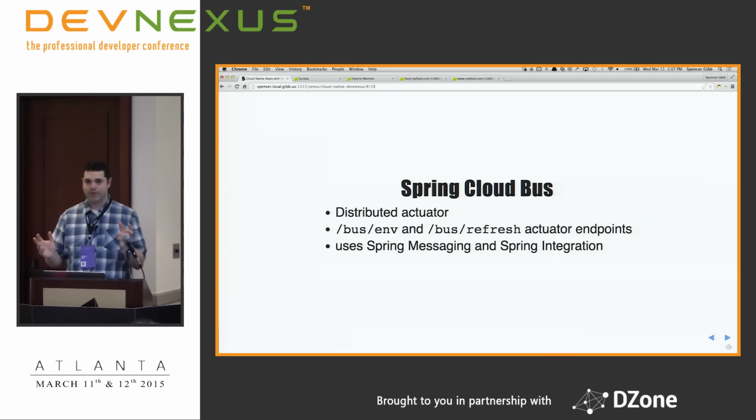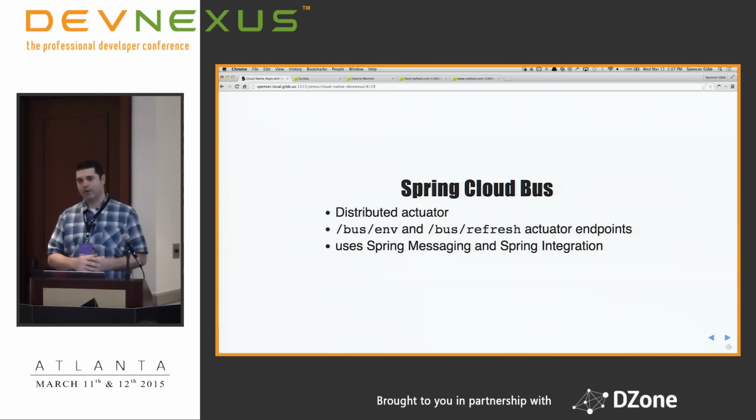So it uses standard Spring modules, Spring messaging and Spring integration. Currently, the implementation is based on RabbitMQ, but because of our use of Spring integration, you could build it on anything that you could wire into Spring integration, right?